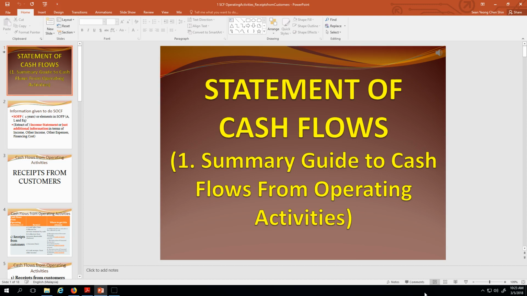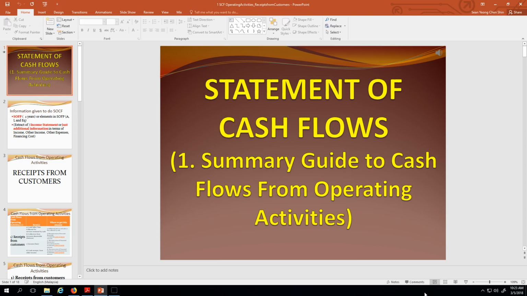Today we reach the statement of cash flows. Now, statement of cash flows talks about the movement of cash inflow and cash outflow. So the first thing you will learn today is cash flows from operating activities. When we talk about operating activities, it actually means day-to-day operations like sales,